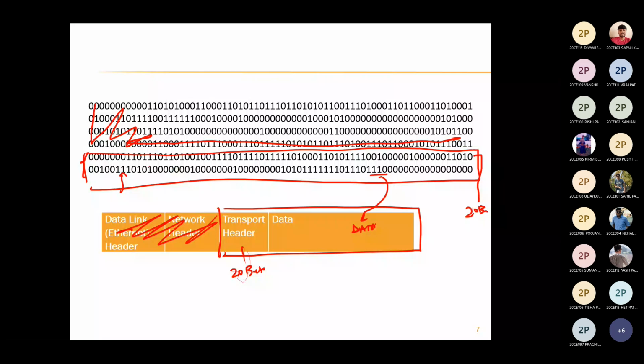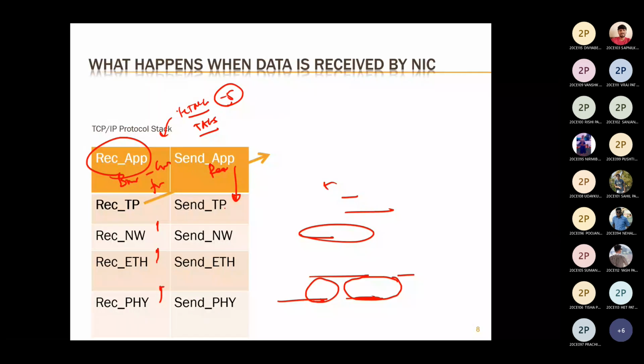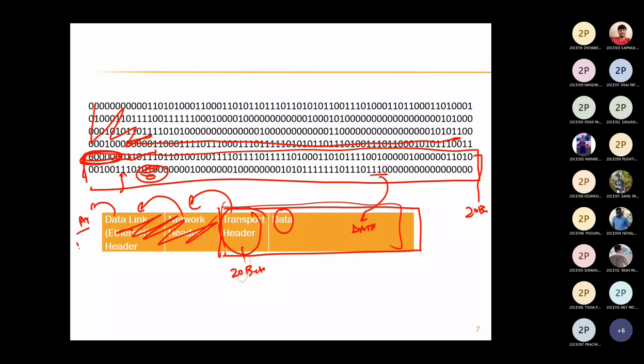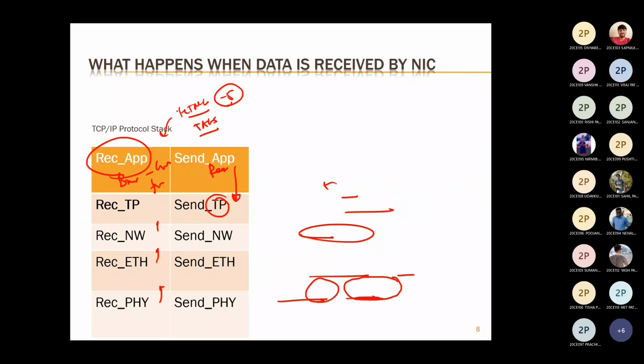Now, if we follow the same way in sending a request, only the last row which we have seen over here will be generated by the browser, and it will be given to the transport layer. The transport layer will prepare its header, and it will attach that header with the data, and the whole bunch will be given to the network layer. Now the network layer will prepare its own header and give it to the data link layer. The data link layer will prepare its header and give it to the physical layer, and the physical layer transmits in terms of electrical signals. So all those layers work independently of each other.